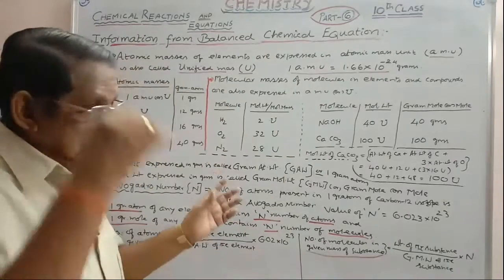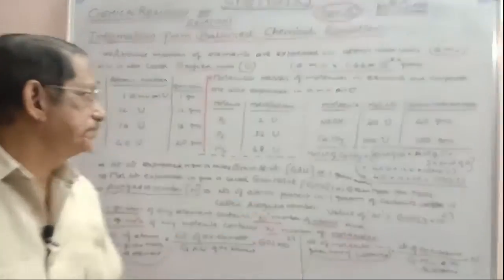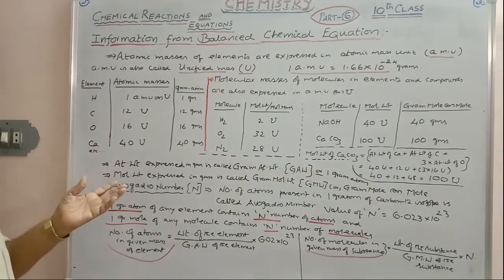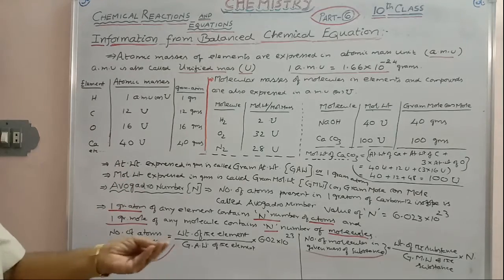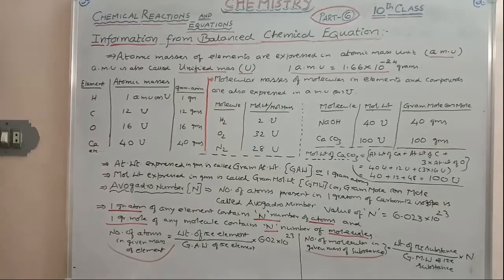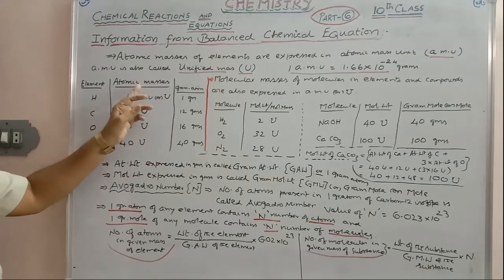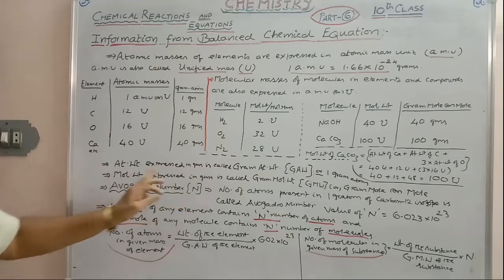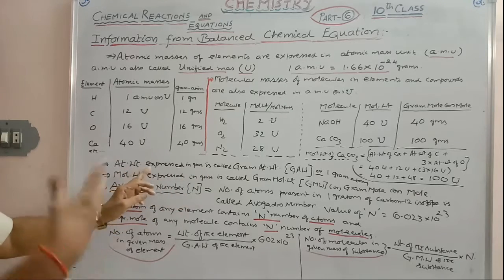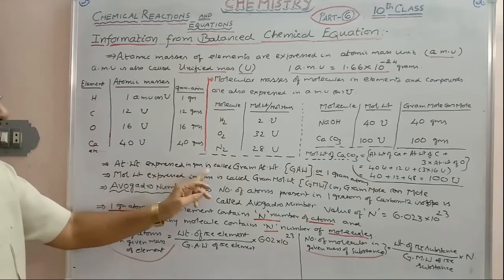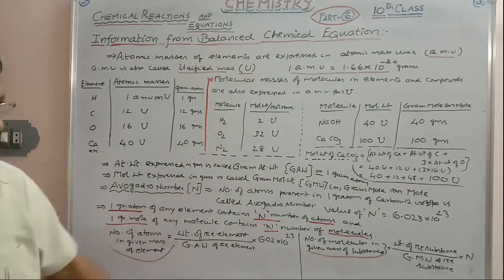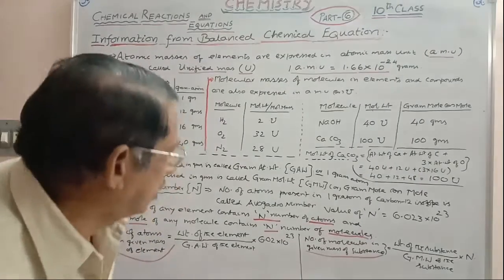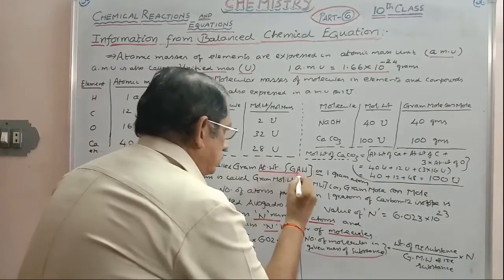So now we are taking certain examples here. Meanwhile, note it. Certain examples I am taking here, not the proper time to discuss all, because this is only the introduction for this information. Element I am taking here, what is the atomic mass? When the atomic mass is expressed in grams, atomic weight or atomic mass, both mean only the same. When atomic weight is expressed in grams, it is called gram atomic weight, GAW. Gram atomic weight is also called gram atom.